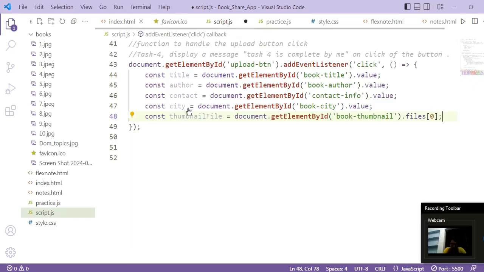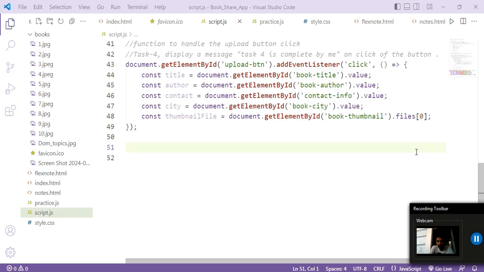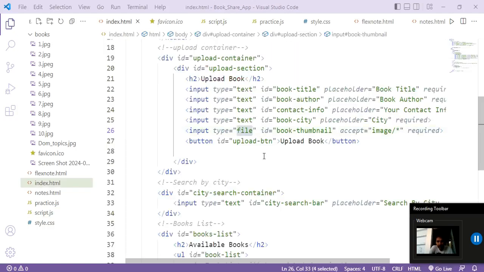See, when our input type is file, then it returns a list. So files here, what is it? When we have type equals file, it allows the user to include one or more files, either image or document. Here we are including an image. Now this file input stores that file data in the form of a list, or you can say an array, and that is called a FileList.